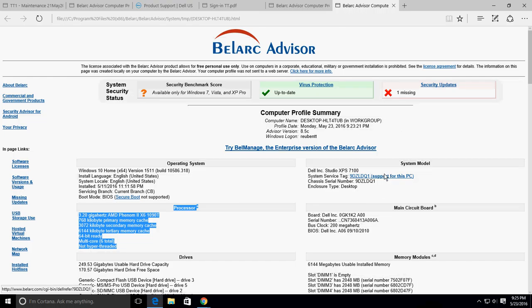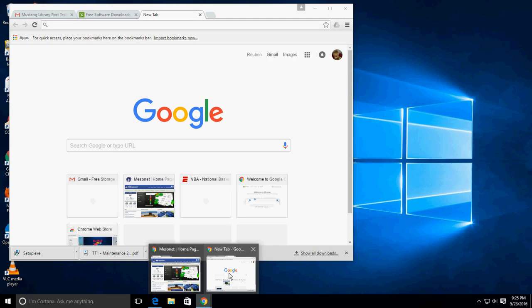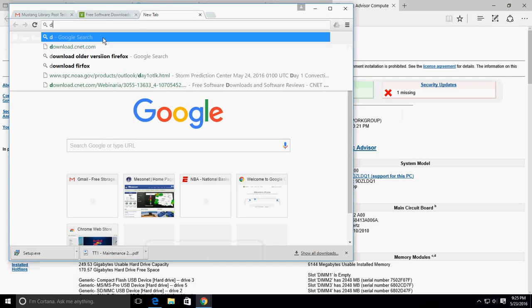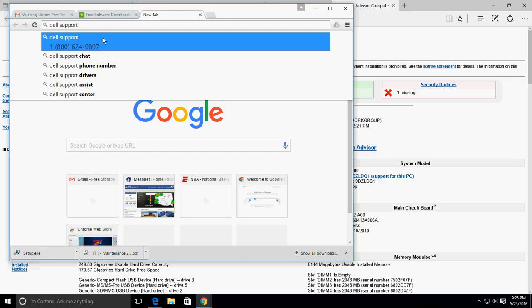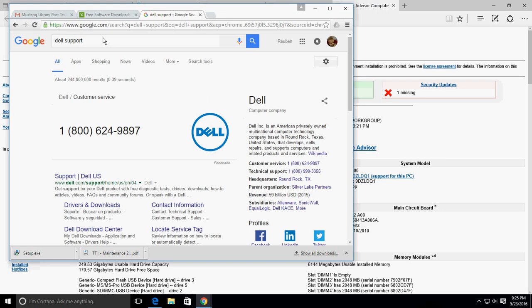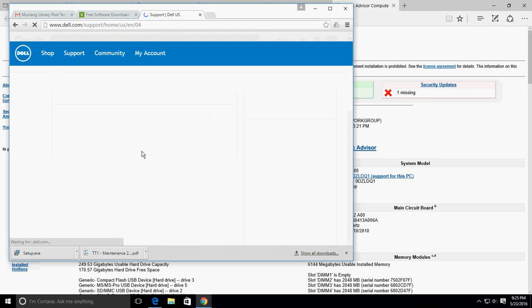And just one other example I want to show you real quick is, let's say I need to find maybe drivers or manuals for my computer. The very first thing I try to do is go to my manufacturer website. So I'm going to go to Dell. One thing you can also put in is like support or drivers. I'm going to put in Dell support. And this is really going to apply the same way with Hewlett-Packard computers, HPs, or Toshibas. Really, most major computer companies are going to have a very similar format to finding manuals or drivers for your computer. So I'm going to go to support Dell US right here,